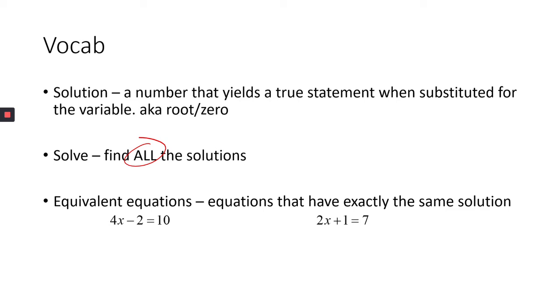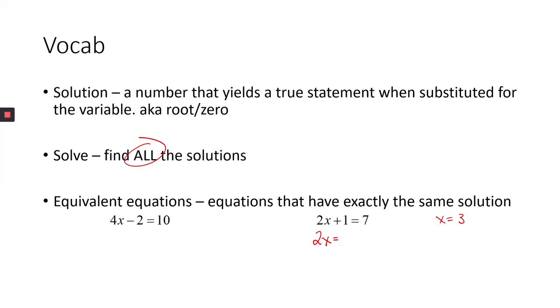And then the last thing is an equivalent equation. Now, an equivalent equation is just something that has the exact same solution. So I'm going to focus on the one on the right side. Obviously, on this one, x is going to equal 3. If I plug x equals 3 into this equation, 2 times 3 plus 1 is equal to 7. Now, I could also